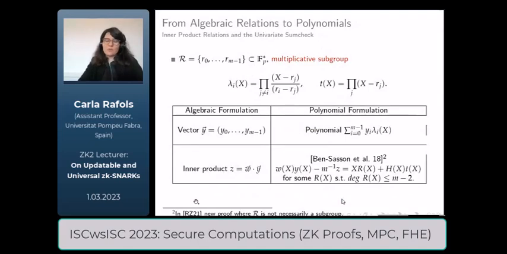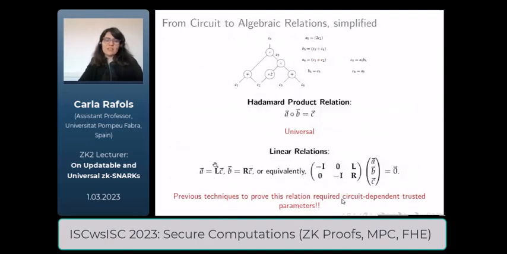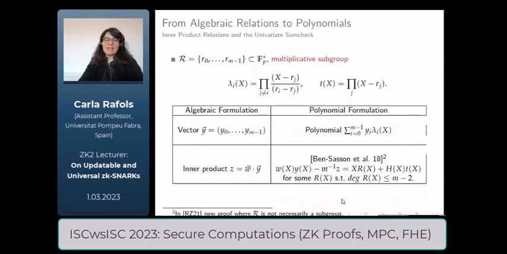As you know, proving a linear relation is very close to, or related to, doing inner products. And we have a way to encode inner products as polynomial relations. This is called the univariate sum check. So imagine you want to prove, again, we are in the same situation. We have these Lagrange interpolation polynomials, these vanishing polynomials, and we know that if we want to prove that Z is the product of W and Y, there is this lemma of Ben-Sasson et al. in the Aurora paper that tells you that